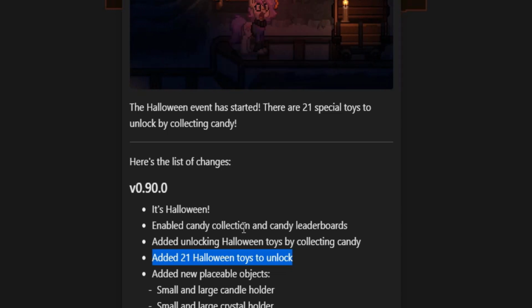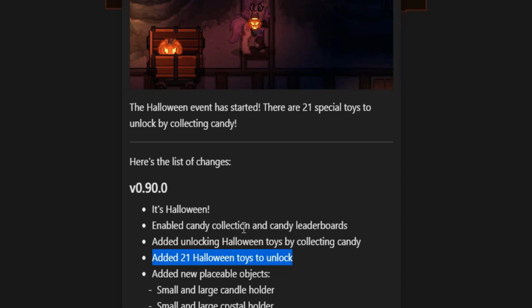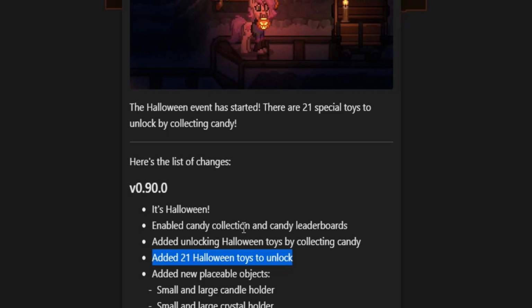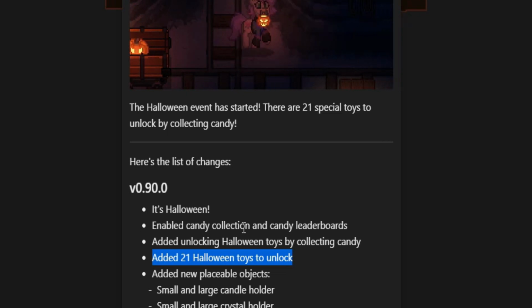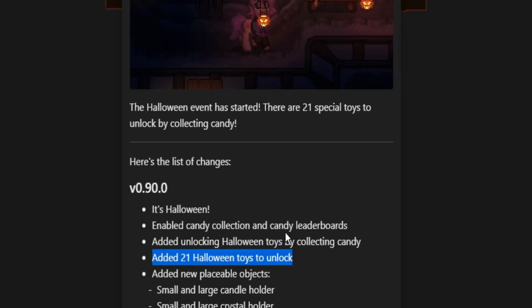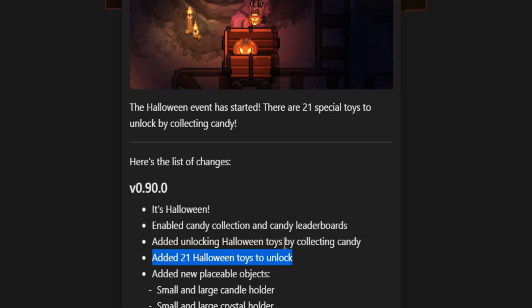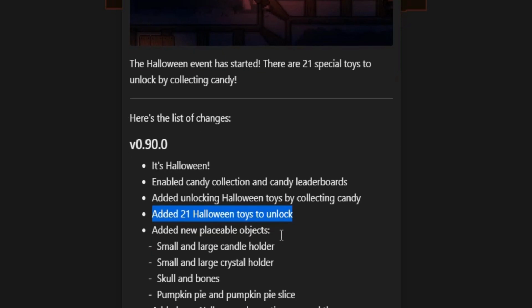How many candies it'll take to actually collect those, well, that number is kind of random, but kind of not. It's limited in a way that it's not going to take you thousands of attempts to get it, but it shouldn't take you, maybe a couple hundred, maybe a few hundred or something like that to collect all 21 of these Halloween toys. But that is the most exciting part of this update, but it's not the only exciting part of the update, because obviously we can collect candy and collect toys and stuff like that by collecting candy, but